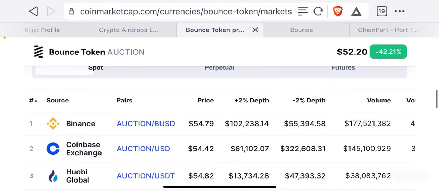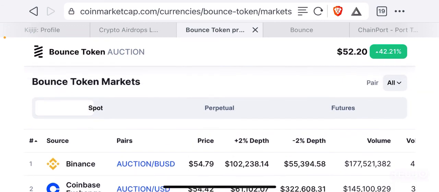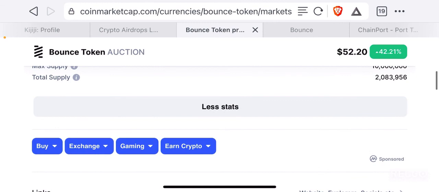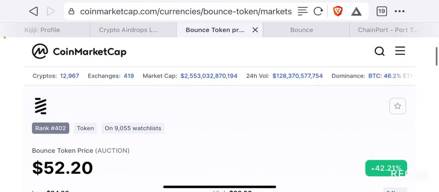And now with Coinbase's liquidity added, I think this token is definitely signaling that it has a bright future, which means this token is going to be more popular on a daily basis in the upcoming years, because it is available on pretty much all the major centralized exchanges, and it's also available on some decentralized exchanges as well, which means this token has definitely secured its place in the future as a very popular cryptocurrency, right?